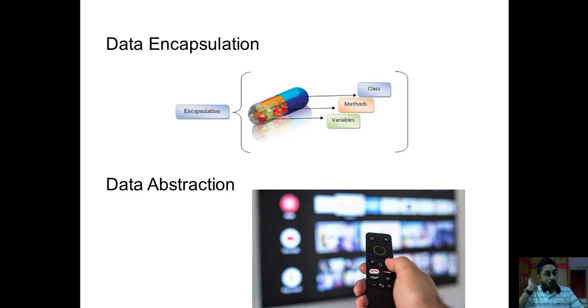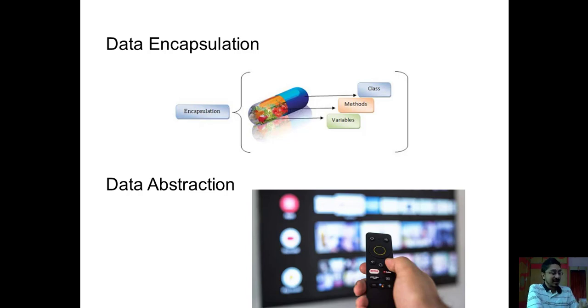But for that, I don't need to know how this function is working, or how that function is accessing that data. What I need to know is how to work with that function. What query I need to fire to that function so that the desired data will be extracted from the database. That only I need to know. I don't need to know how this function is internally written, the internal logic of the function, or how the data is being stored in the database. I don't need to know all these details. But despite not knowing them, I can access the data through functions.